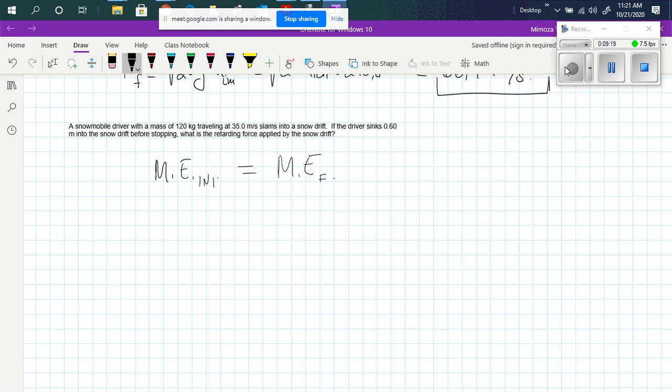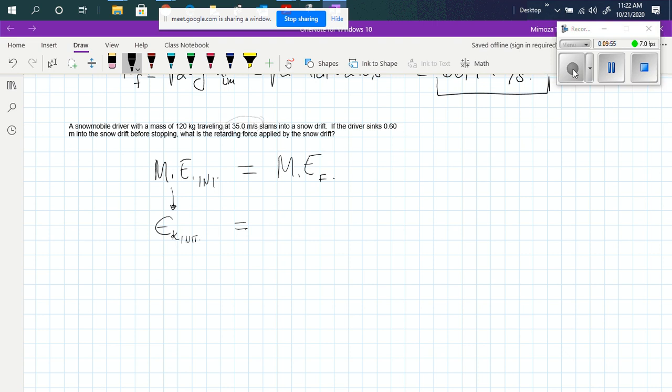Okay? Agree? Yes, good. What is the situation at the initial? You have an object with mass given and a velocity of 35 meters per second. What type of energy are you dealing with here? Great. What is it? Yes. So we have kinetic energy initial. And now,